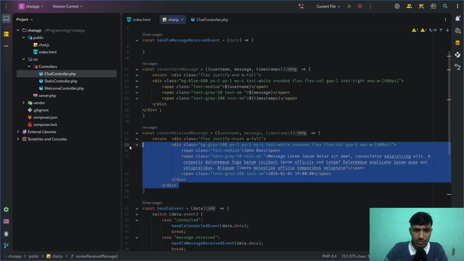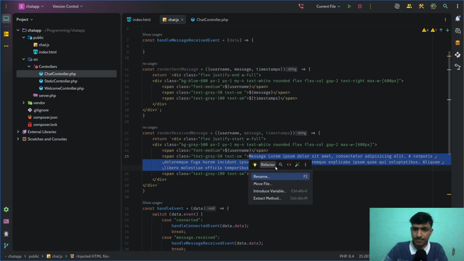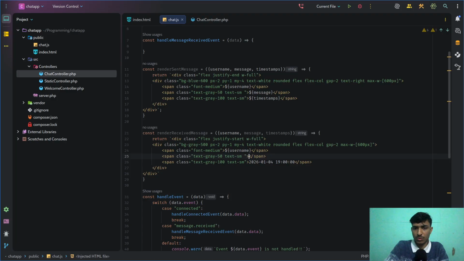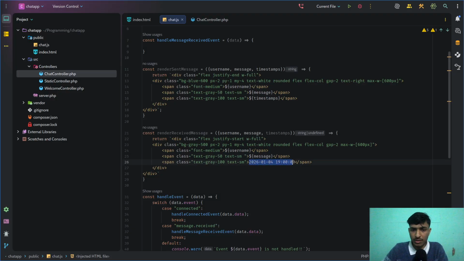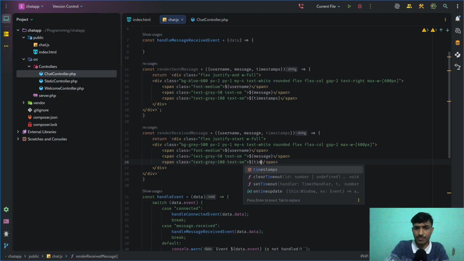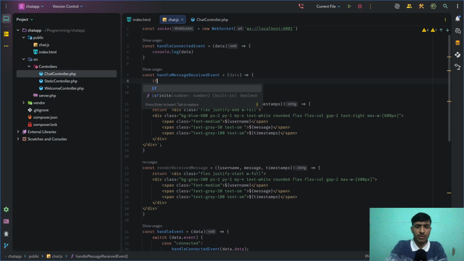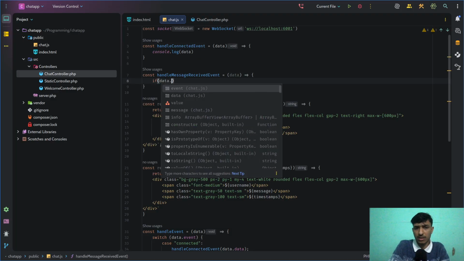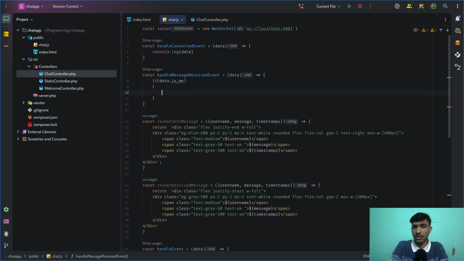You can just do it like this, and in this place it will have the username. In this place we will have the message, and here we will have the timestamps, right? So now if the data dot each me, so I think each me, then